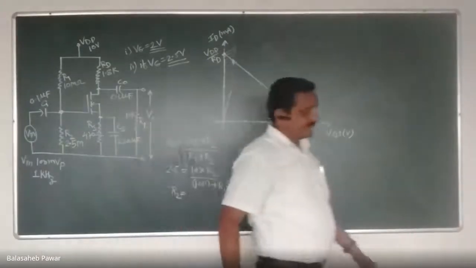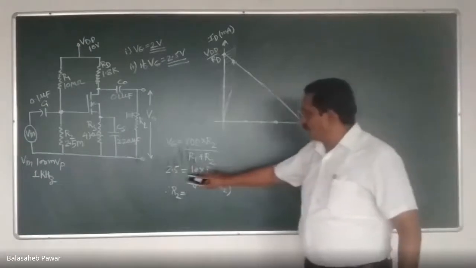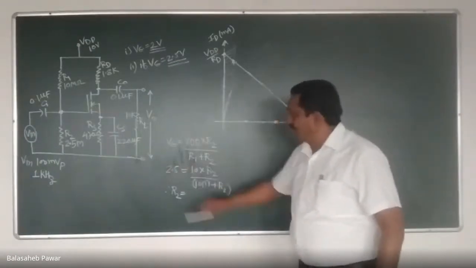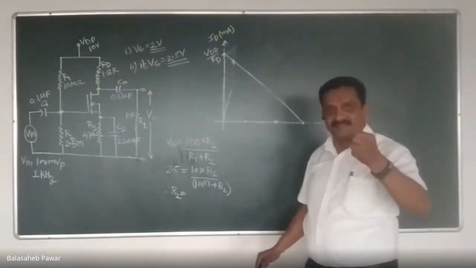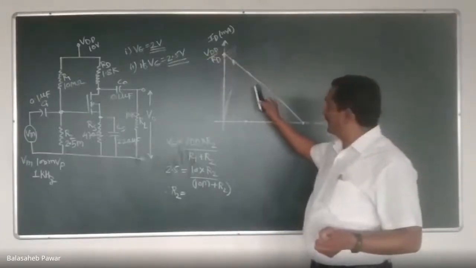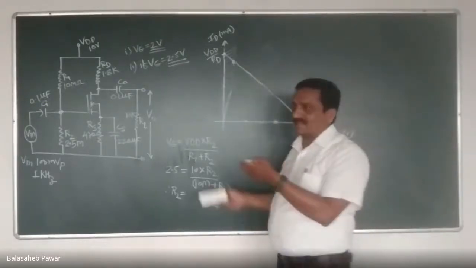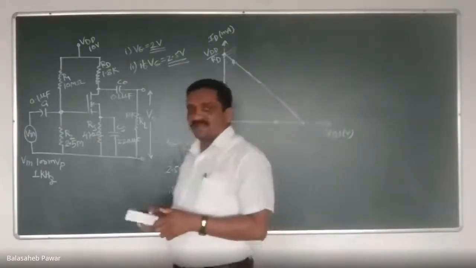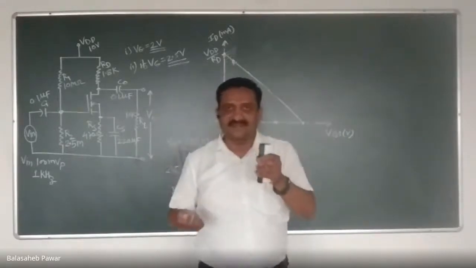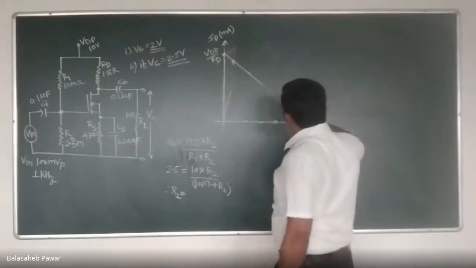Do this calculation. 2.5 is my second requirement for that gate voltage, instead of 2 right now. To have that operating point exactly at the center, we considered that Vg equals 2 volts, and accordingly we selected the value of Rs so that Vgs is such that the operating point remains at the center of the load line.